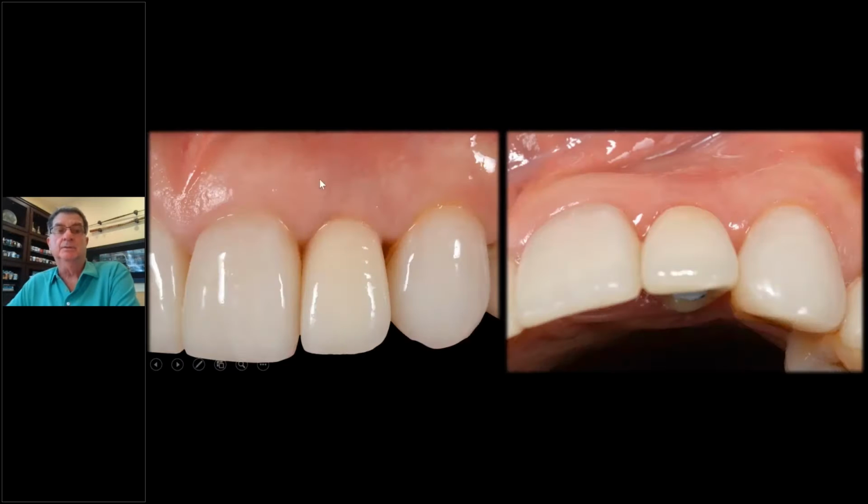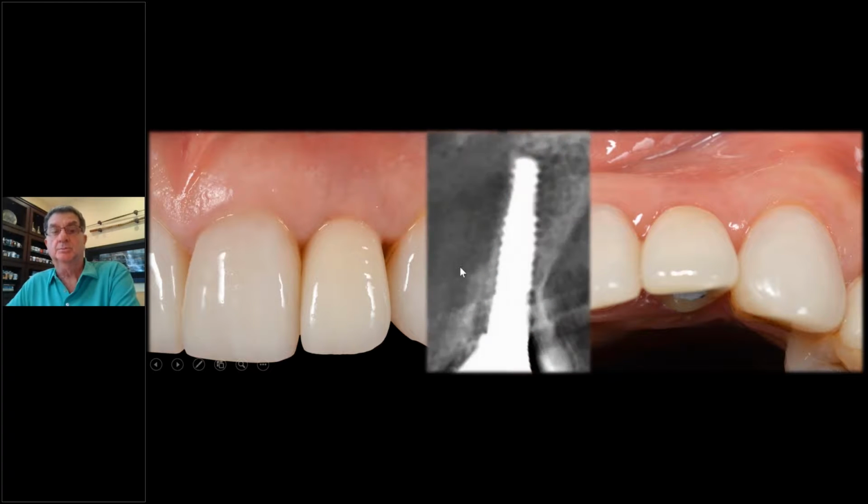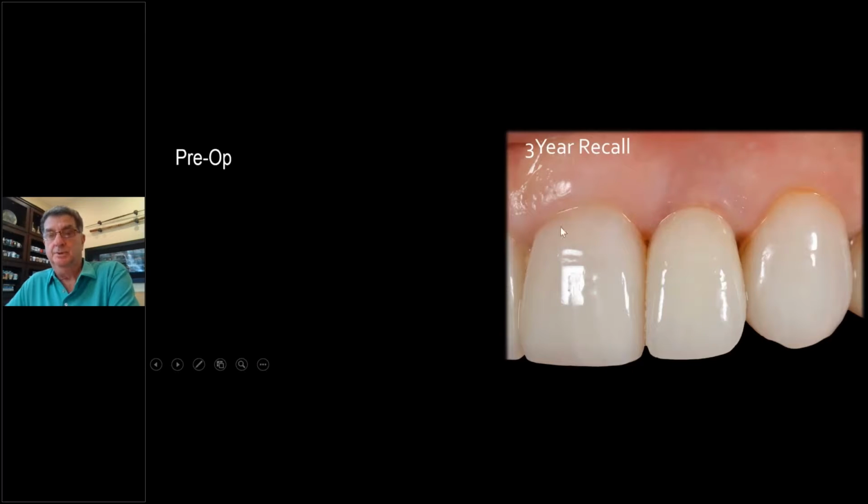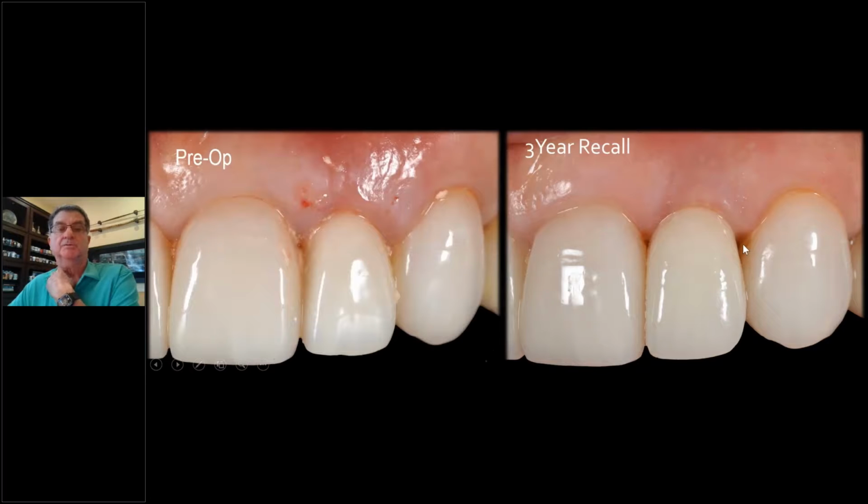Here you see it, and we have a pretty good result for 1 stage, 1 surgery, 1 time. The tissue's covering it, not bad thickness, and we're in pretty good shape. There's the bone grafts, that's at 6 months later. You see the bone is still in there. That's good. And here is the 3 years. She doesn't have great hygiene, but 3 years later, we're maintaining this well. And here's the pre-op. This is what she came in with, the fractured tooth. Minimally invasive surgery, a happy patient, and that makes us happy.